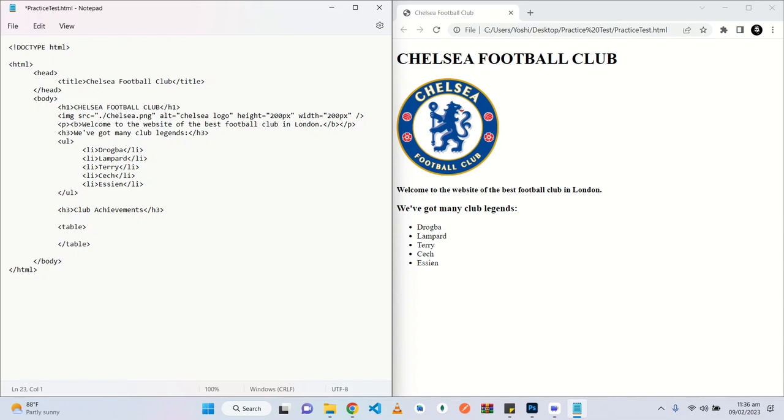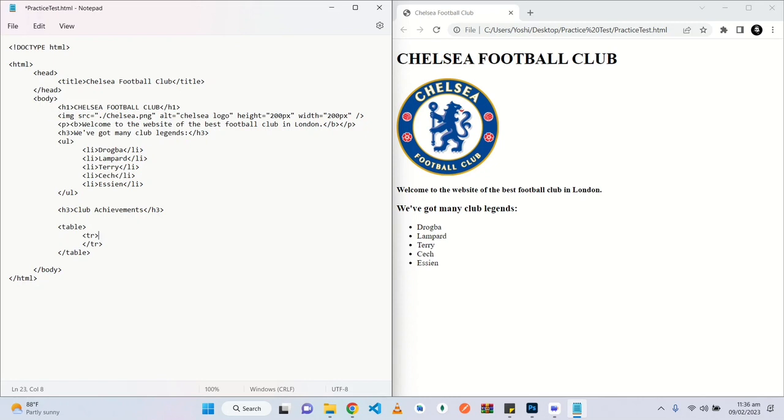Then in the table tag we bring the table heading TH. Before that you need to bring the table row first, so TR. Open and closing tag is required for this, so we close TR. So this will be the first row,